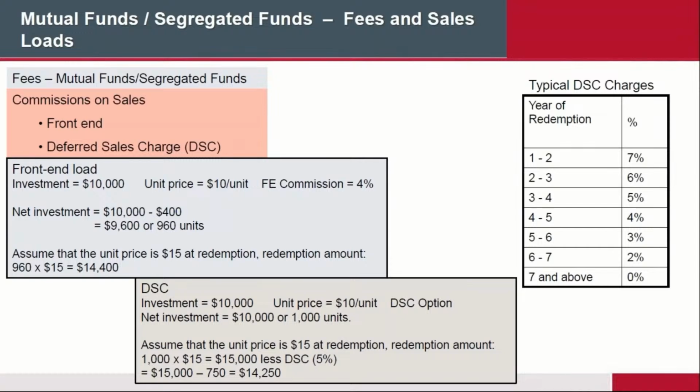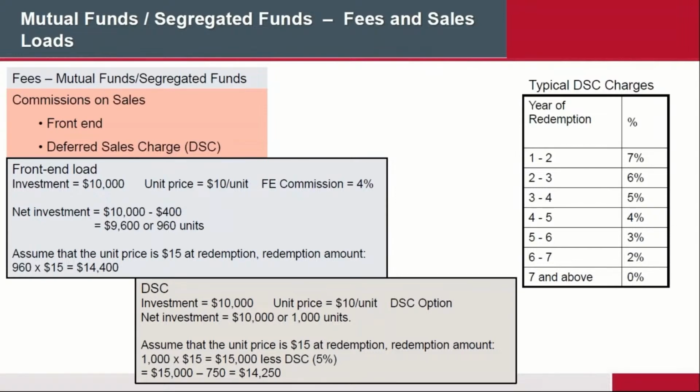As simple as that. However, a life insurance license, which is, of course, what you are working for right now, allows you to sell segregated funds, which are extremely similar to mutual funds. However, there are some differences because segregated funds are the insurance companies' mutual funds, essentially. Okay, so let's take a look at some of those differences.